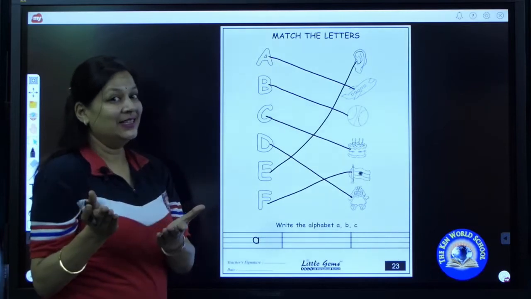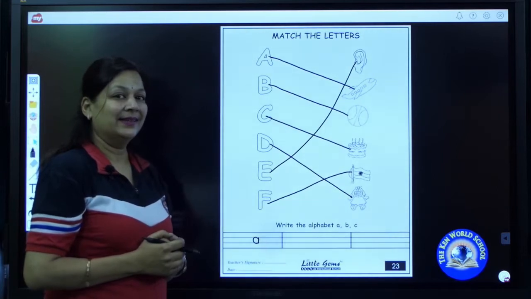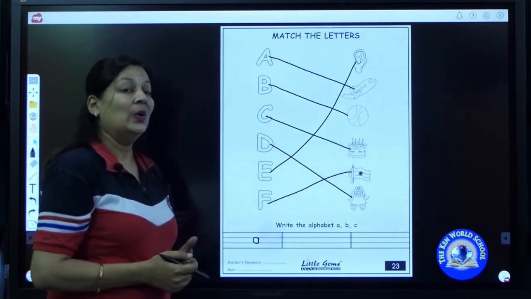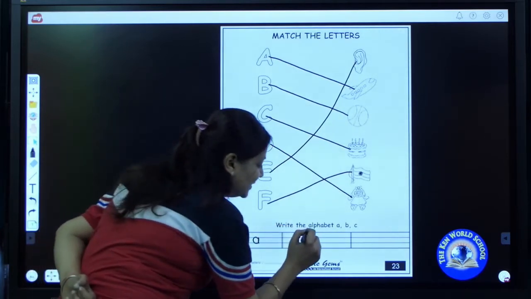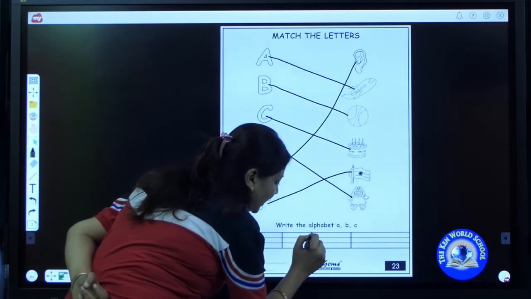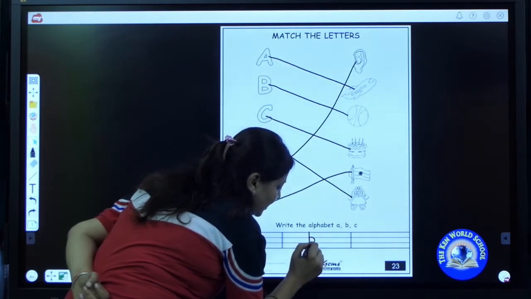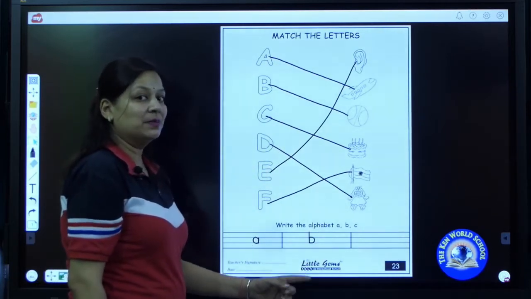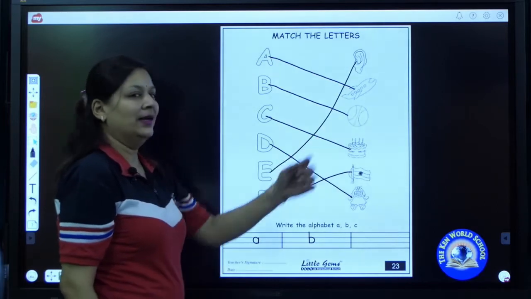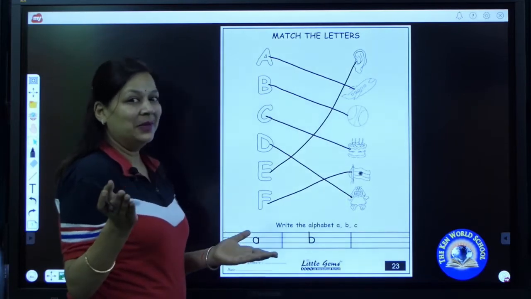Now it's your chance to write. Write it properly. Done? Now what comes after A? Yes, it's B. I will start it from the top line. Draw a standing line till base line. Come back again till middle line and make a curve. B. B says B. B as in ball. Now it's your turn. Write it properly.